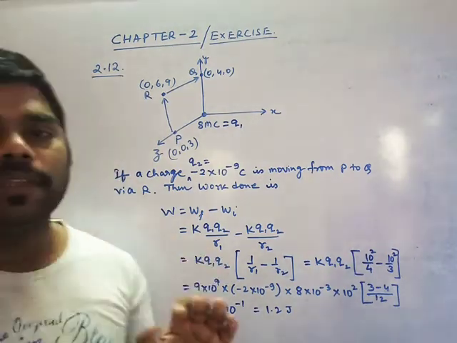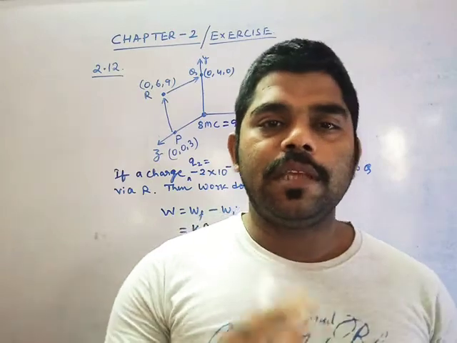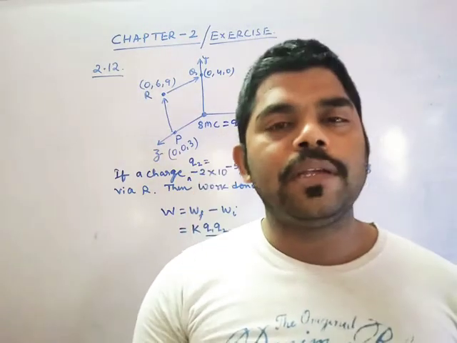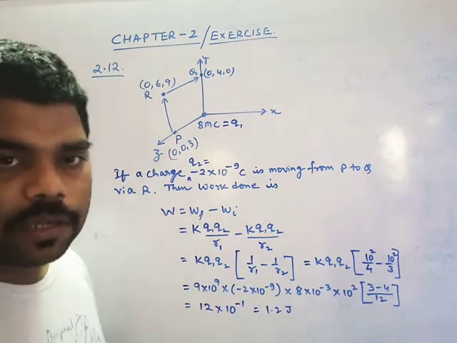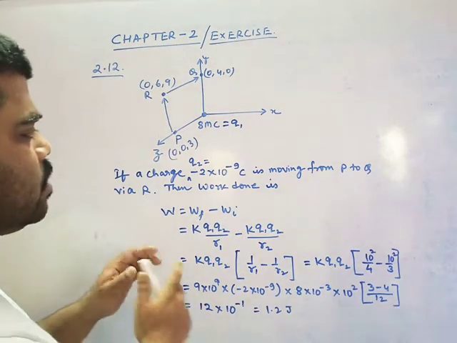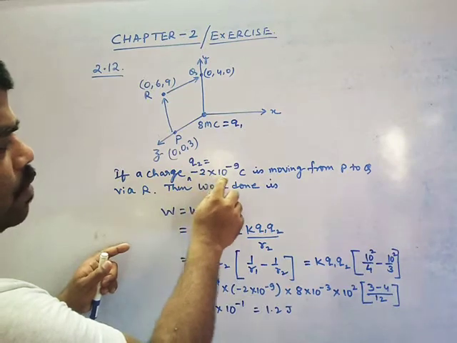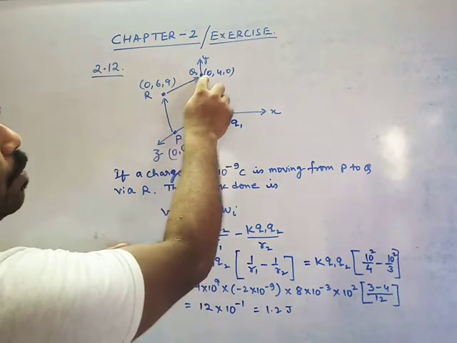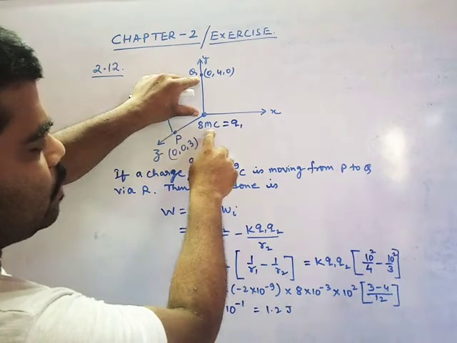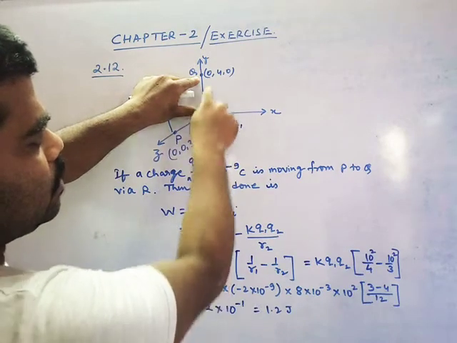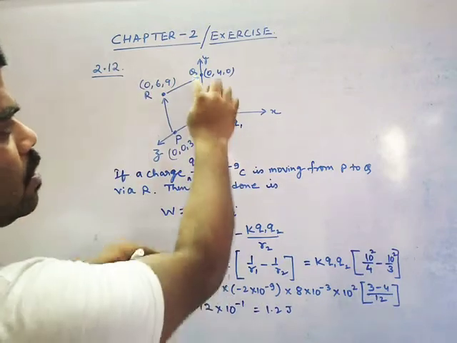Whenever there is a movement of any charge, keep it in mind. जब भी कोई movement का question आएगा work done के लिए, तो हम लोग उसको लिखेंगे final minus initial. Final means when the charge minus 2 into this one reaches the point Q. Then between these two, already there is a charge of 8 milli at the origin. So between the two there is a work done. So this is called final.